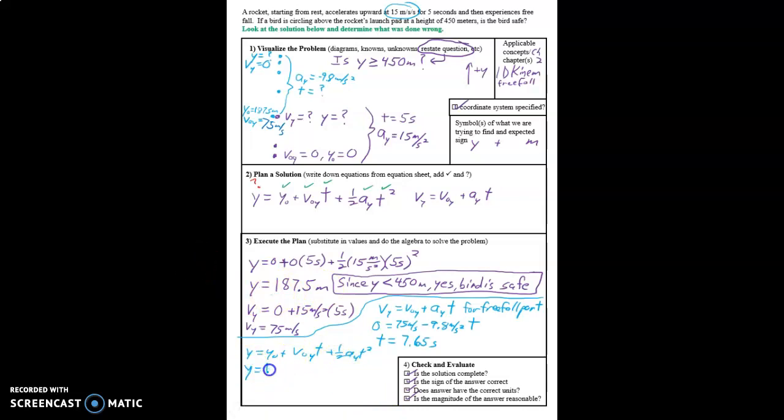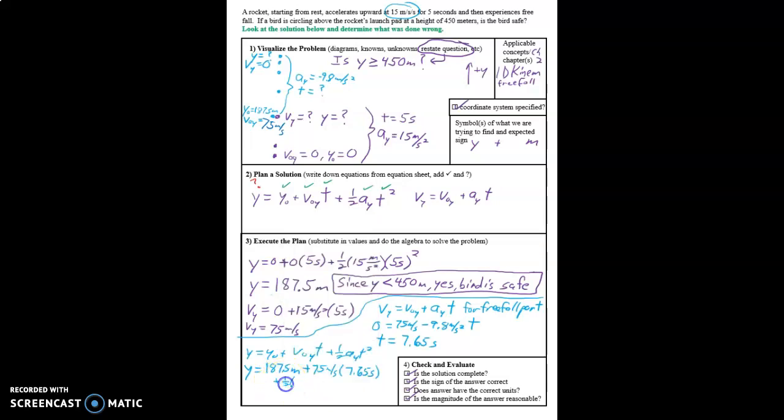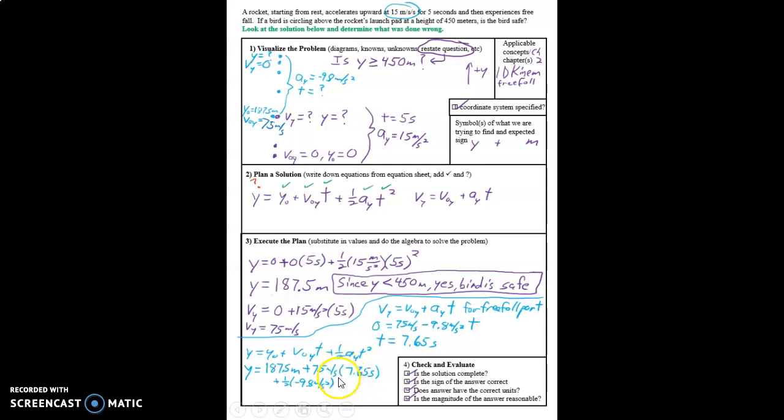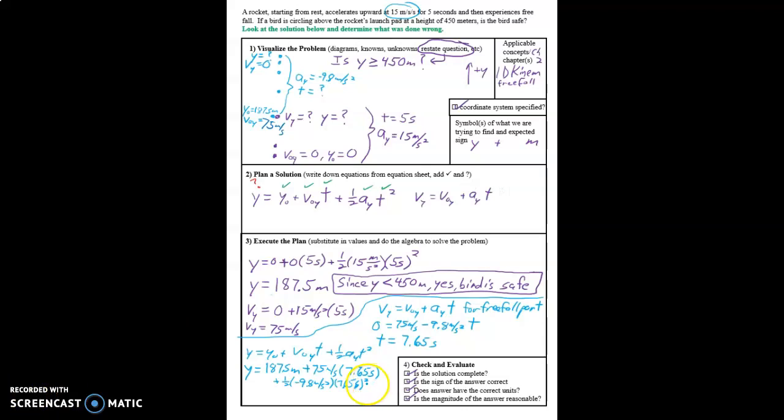So y equals 187.5 meters plus, not 0, it's going 75 meters per second at the beginning of this time, 7.65 seconds plus 1/2 times negative 9.8 meters per second squared times, sorry about that, 7.65 seconds quantity squared, and then we get a number of